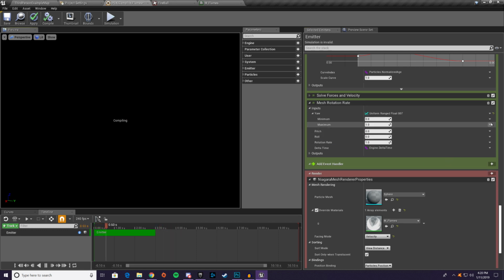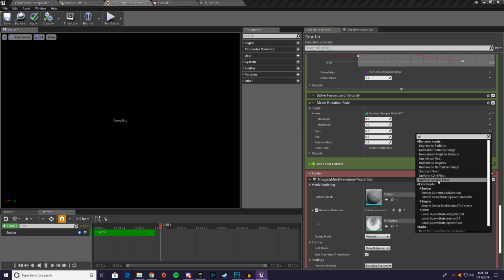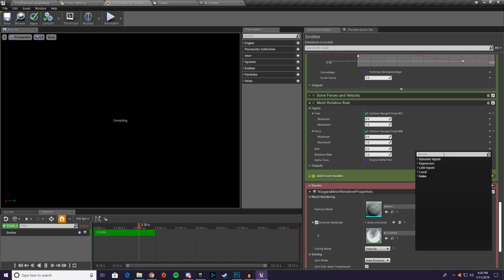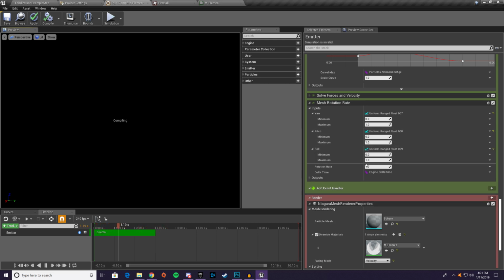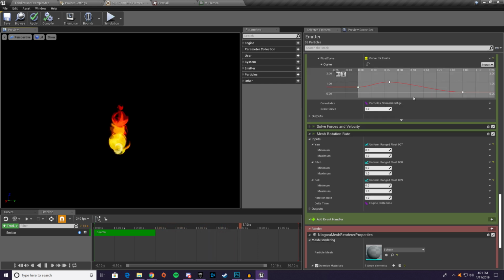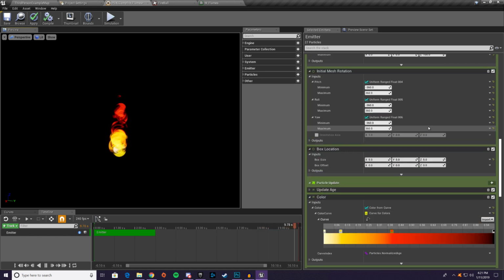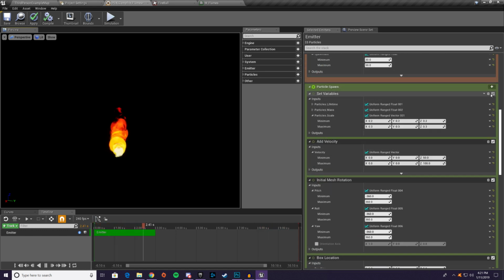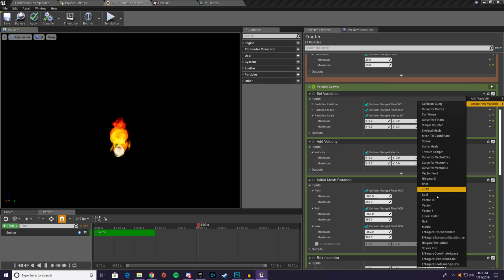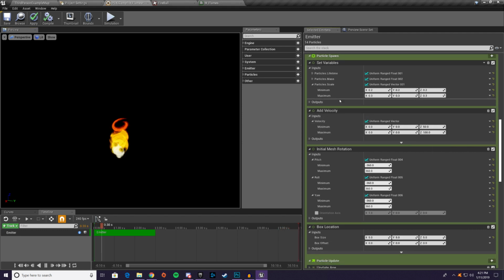However, just know that when you do it this way, it is actually changing the rotation rate every frame. So instead of having a constant rate here that you define, when you set it in an update like this, it's picking a different rate every frame for that individual particle. So if you really wanted to do a random but constant rate, you would go up here into spawn, and then you would add a new variable. You could do a vector, you could do a float, however you want to do it, where you defined